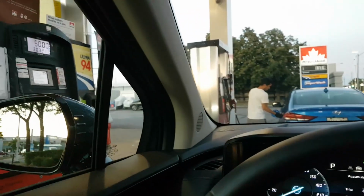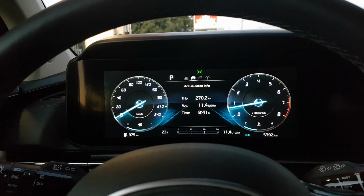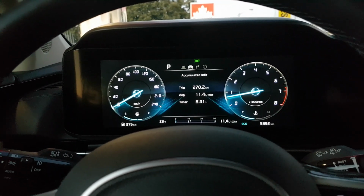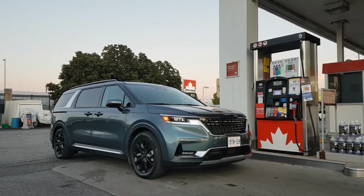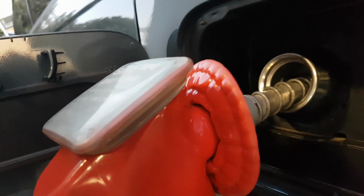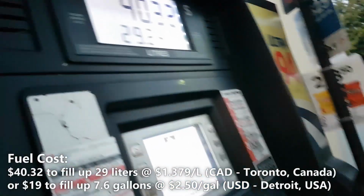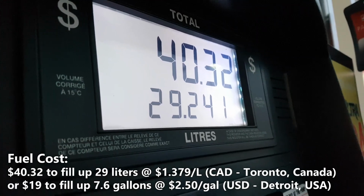You'll notice we're at the fuel station right now, and we're going to fill it back up. And based on that, we'll do some calculations to get a better idea of how much you can actually expect to spend on a full tank of fuel, as well as your actual fuel economy based on my driving. As you can see, we spent $40.32 to fill up 29.2 liters of fuel